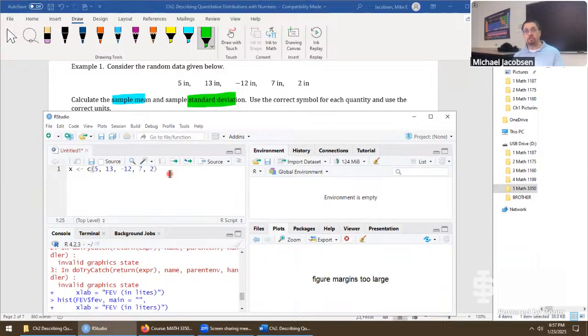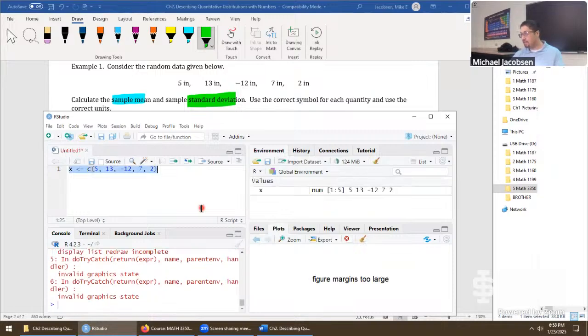And it's not a bad idea to just run this for each new line you put in. If you're worried about making small syntax errors, for me, I could forget a comma or something weird like that. So hit Control A, Control Enter, and this is what you should see on the right. X is now stored as numeric data. 1 by 5 tells us we have a vector that is 1 column, 5 rows, and these are the data values to the right.